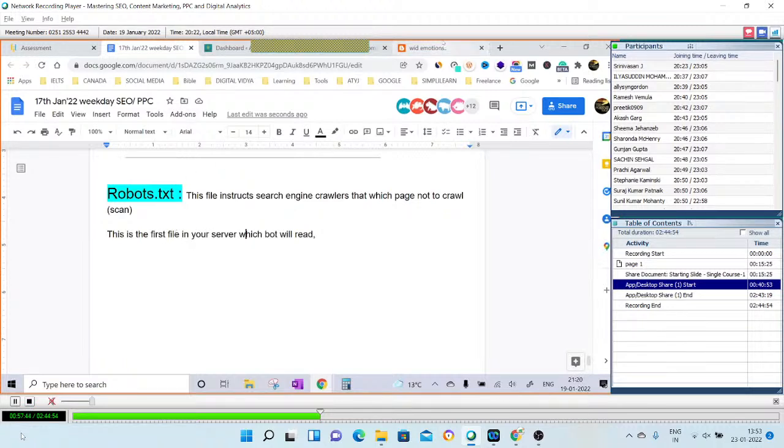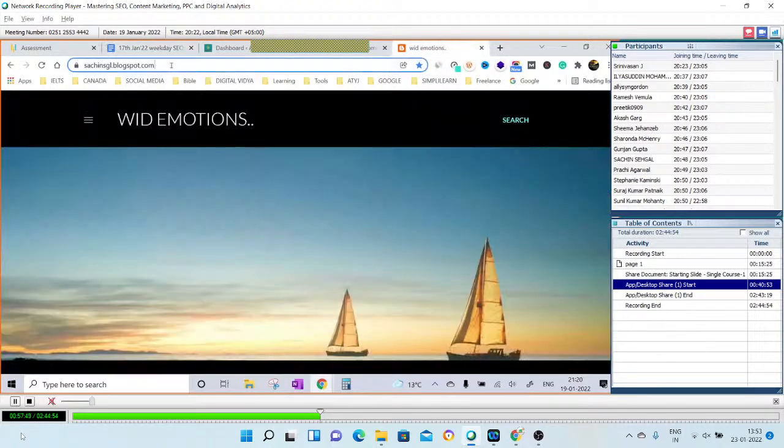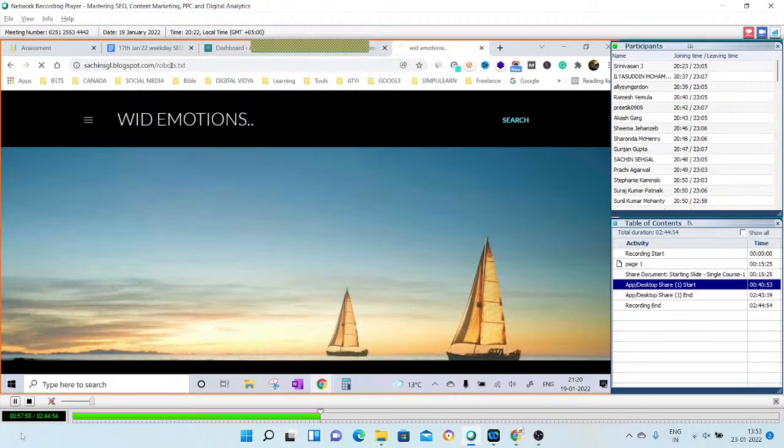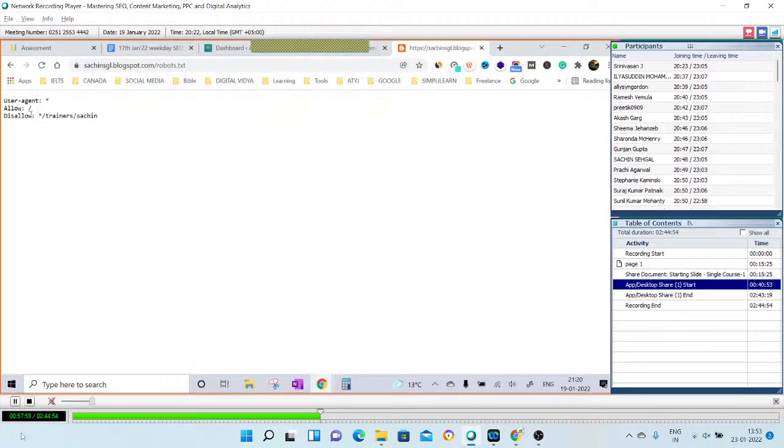If I show you from the Blogger point of view, my Blogger is open in front of you. If I put robots.txt, you will find there are pages, like a test page and a page which belongs to trainer Sachin, that I have disallowed.